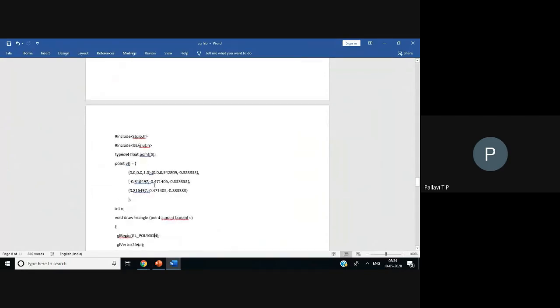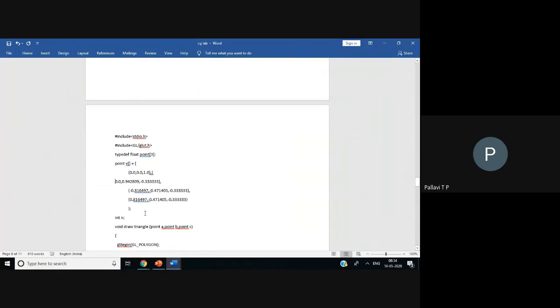This triangle having the three vertices of points, here you can see. So here you can see it is of 4 points. Three of the vertices are on the base, and above also there is one vertex. We are just giving the points for that.